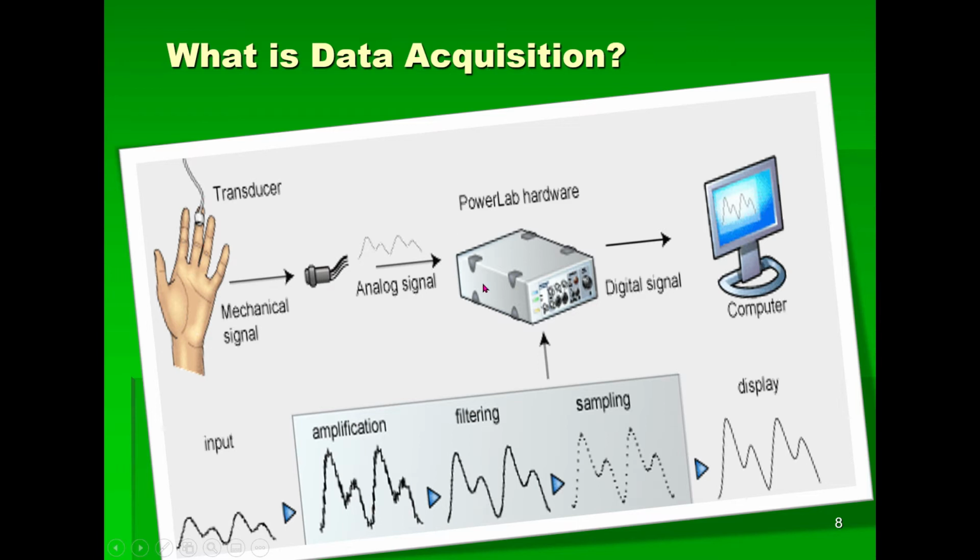So what other things does the PowerLab do? Come again: first of all, the mechanical signals are picked up by the transducer, and these signals serve as input for the PowerLab. But before converting to digital signals, what does the PowerLab do? First of all, PowerLab takes the signals from the transducer, and once they are picked up by the PowerLab, it first of all amplifies these signals, right? These recordings are amplified.